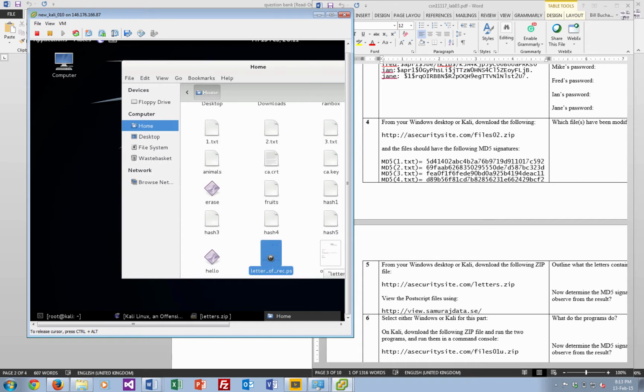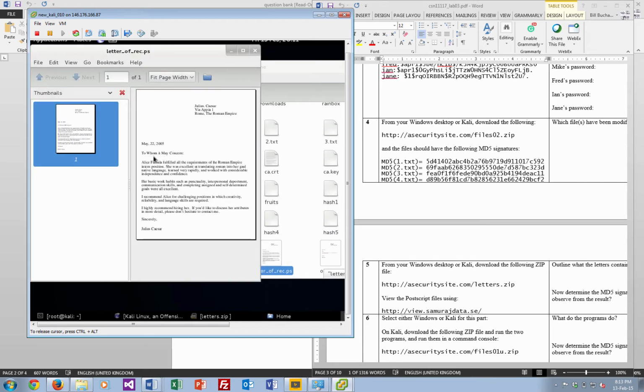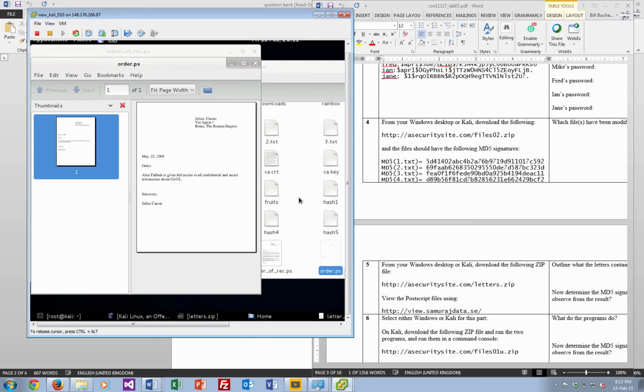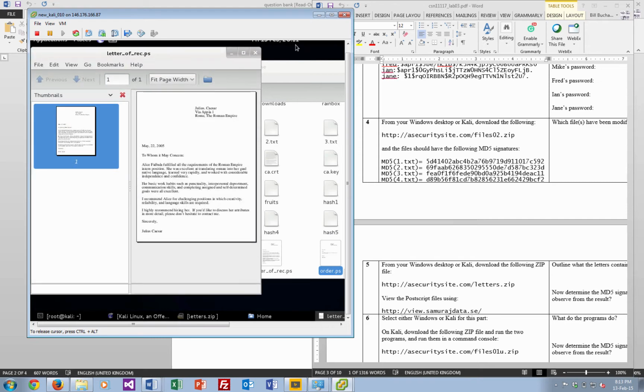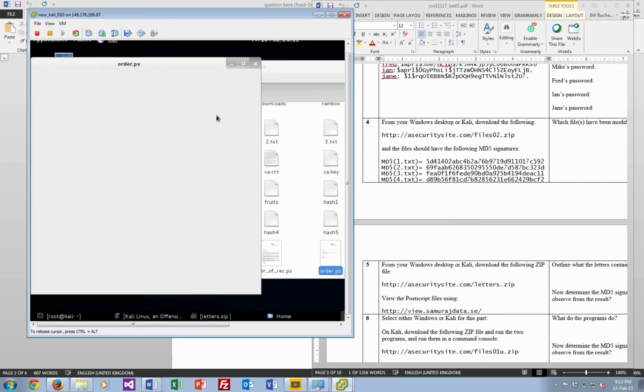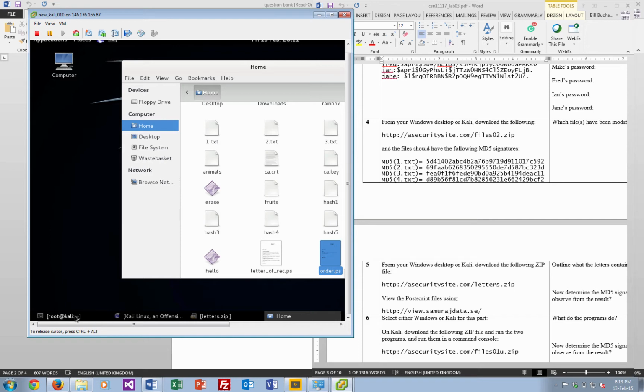Okay, so there's one of them there. Okay, so there's the letter from Julius Caesar, and the other one is from Julius Caesar, but actually it has some secret information in it. Okay, so you can see they're actually different, but when we take the